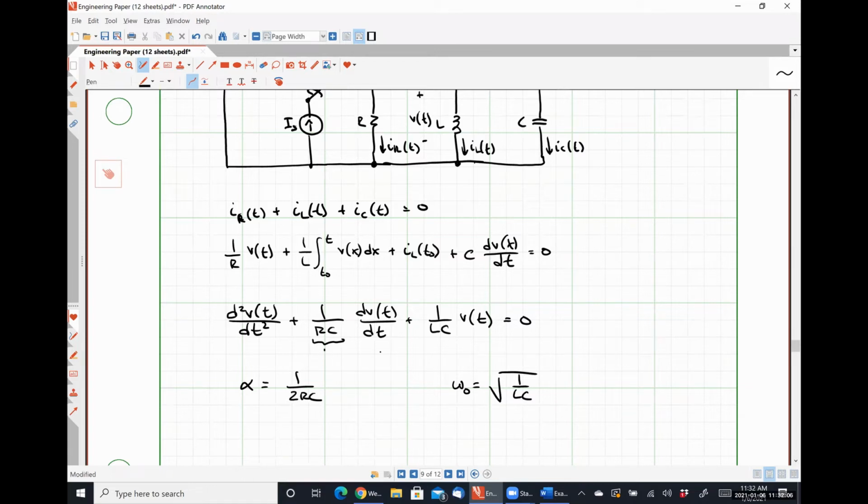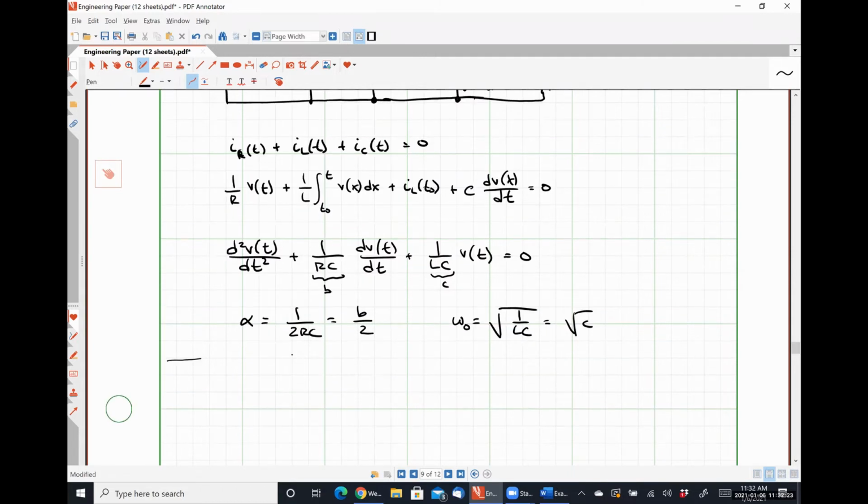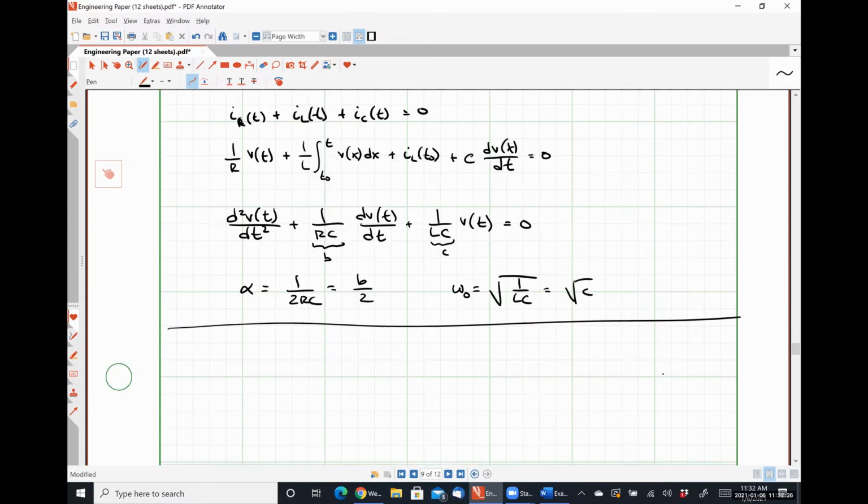So if we call this coefficient B and this coefficient C, we can see pretty easily that alpha is simply B over 2, and omega naught is simply the square root of C. For a series RLC circuit,